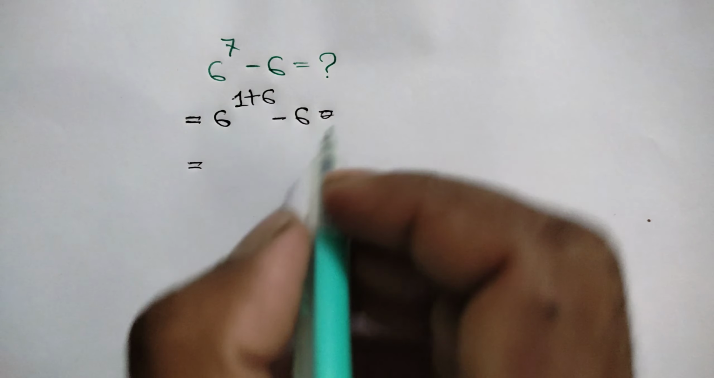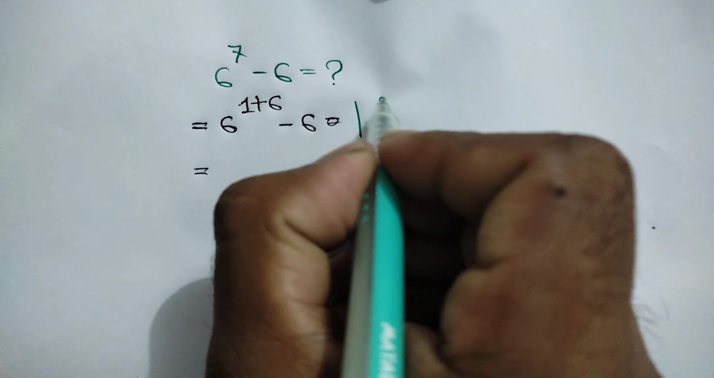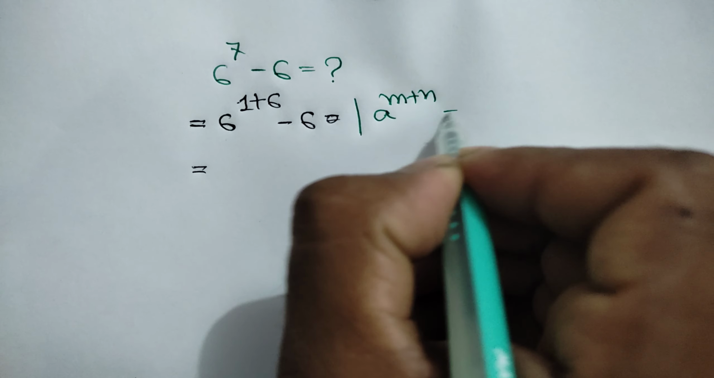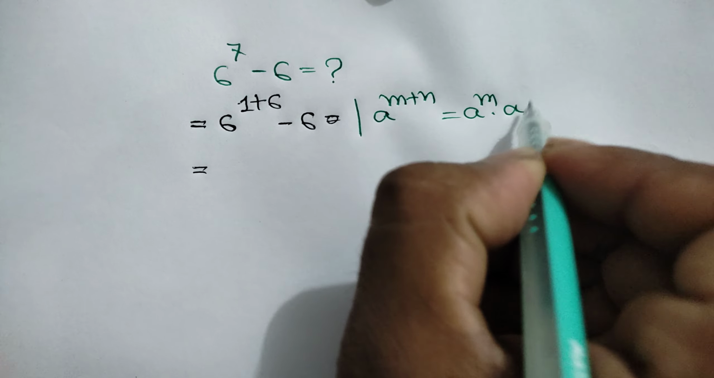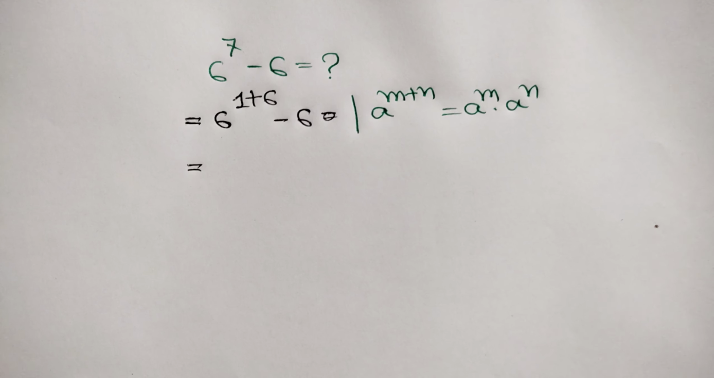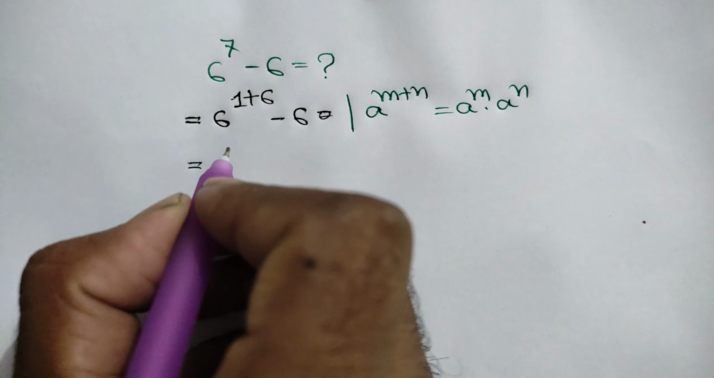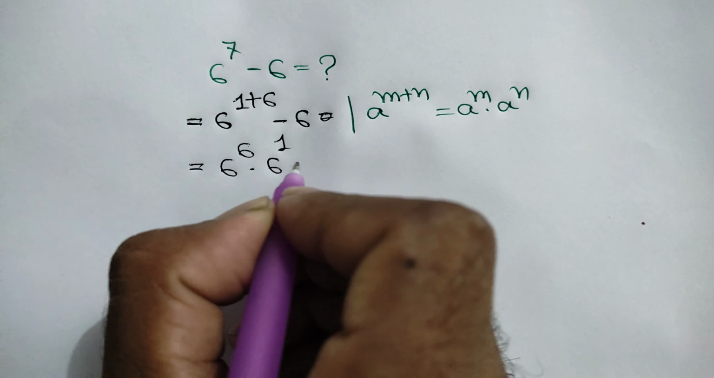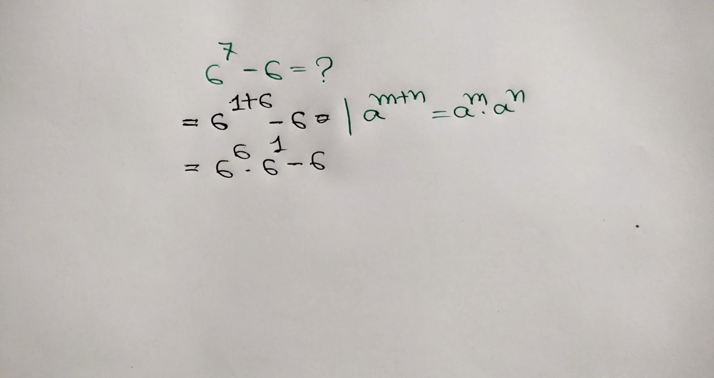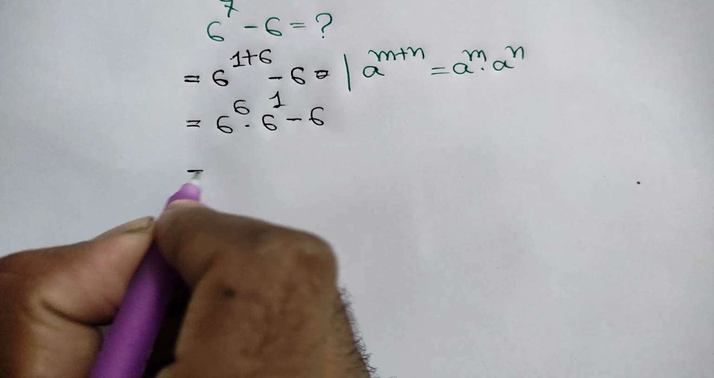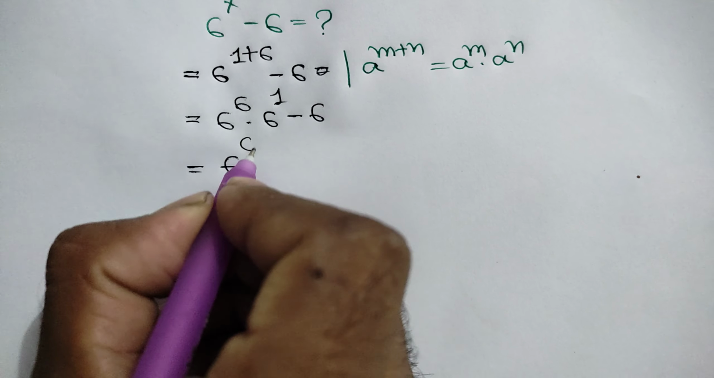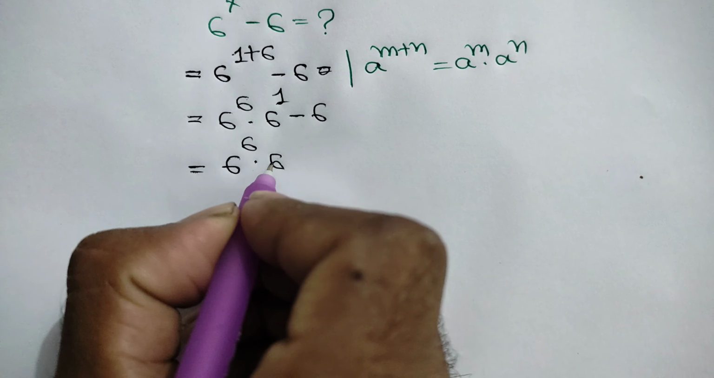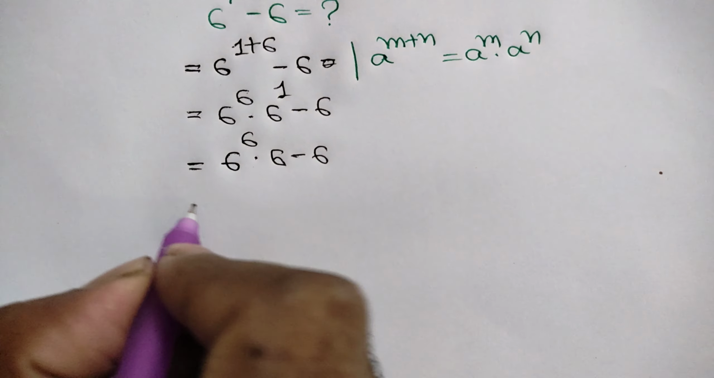now we know the exponent rule a to the power m plus n is equal to a to the power m times a to the power n. So we can write here 6 to the power 6 times 6 to the power 1 minus 6 is equal to 6 to the power 6 times 6 to the power 1, which is 6, minus 6 is equal